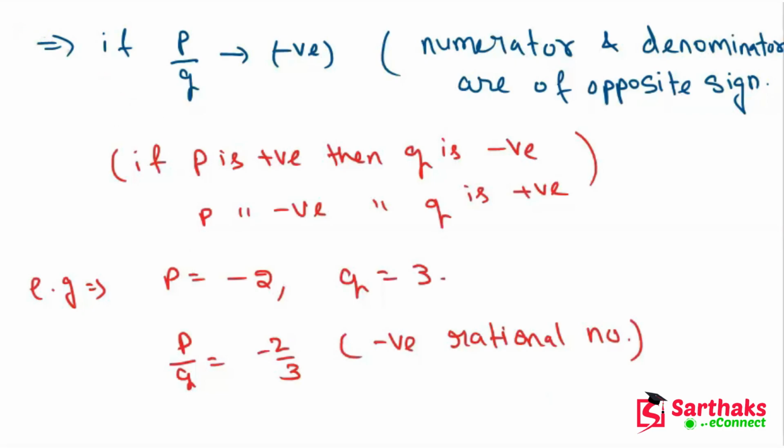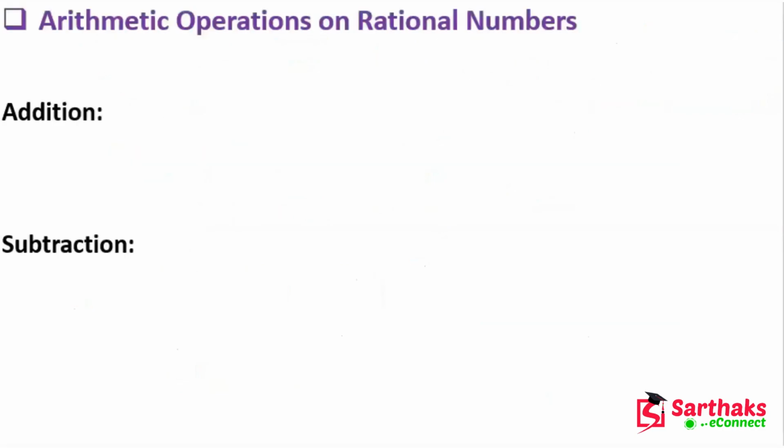Now, my dear friends, let's move on. Our next topic is arithmetic operations on rational numbers. In mathematics, arithmetic operations are the basic operations we perform on integers. Now let's see how we can perform these operations on rational numbers in the form of P upon Q. First, in the case of addition,